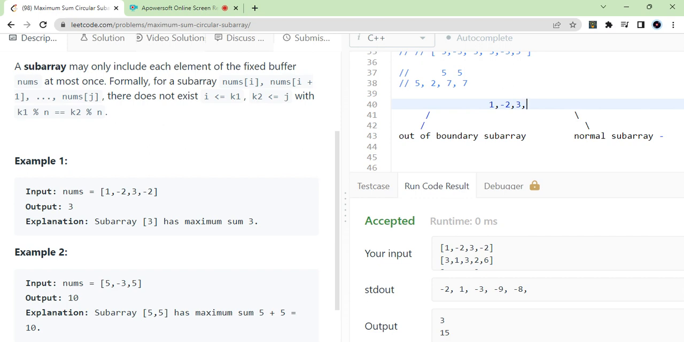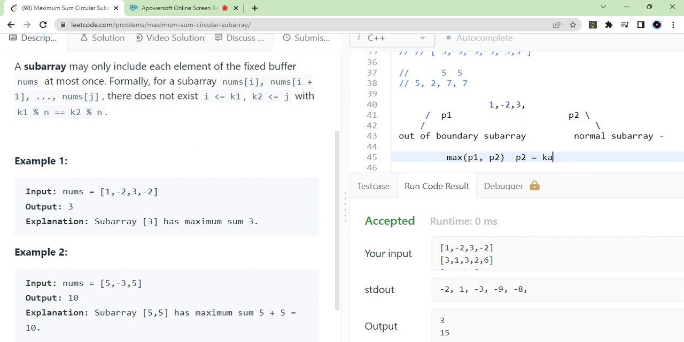So we'll be calculating the two, and we'll be returning the max of that. Okay, so max of these two possibilities. This possibility is, let's say, P1: that your subarray can be out of boundary, or the subarray can be a normal subarray, right? So max of P1 comma P2. P2's answer we already know. P2 is equal to Kadane's algorithm, because Kadane's algorithm can give us